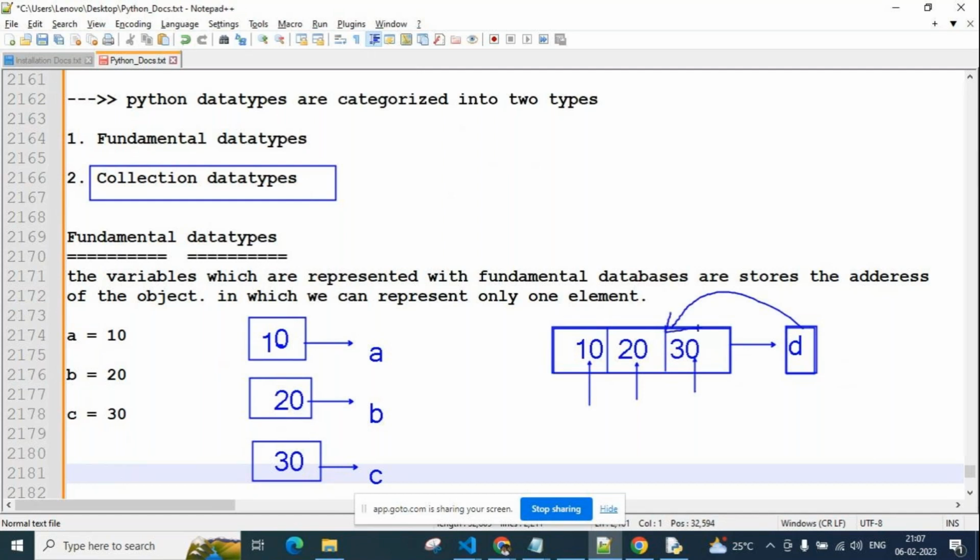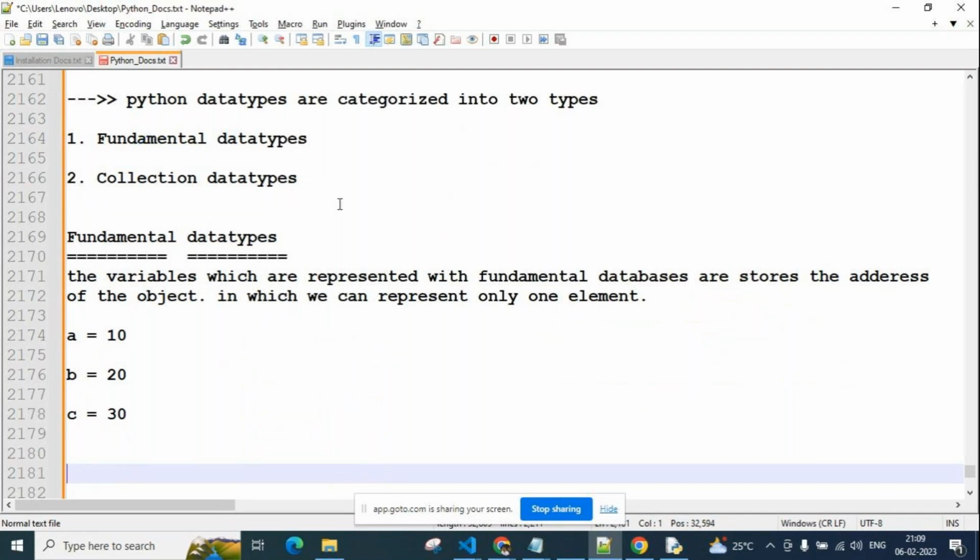Got it? In one memory, using one variable, if we are holding only one value, that comes under fundamental. In one memory using one variable, if we are maintaining many values, that comes under collection data type. I hope you are clear.